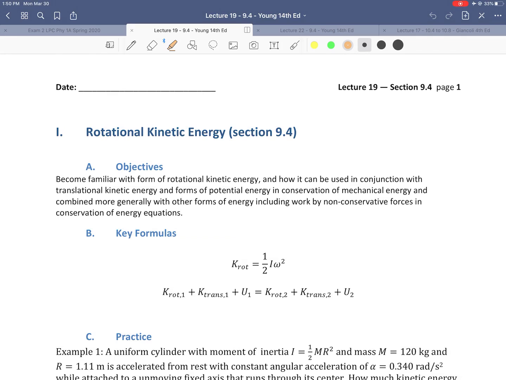Hello and welcome to part 1 of our lecture on rotational kinetic energy. We're going to be covering section 9.1 from Young 14th edition, and this is going to be a precursor to lectures on the moment of inertia and Newton's second law in rotational form, which are things I will hint at